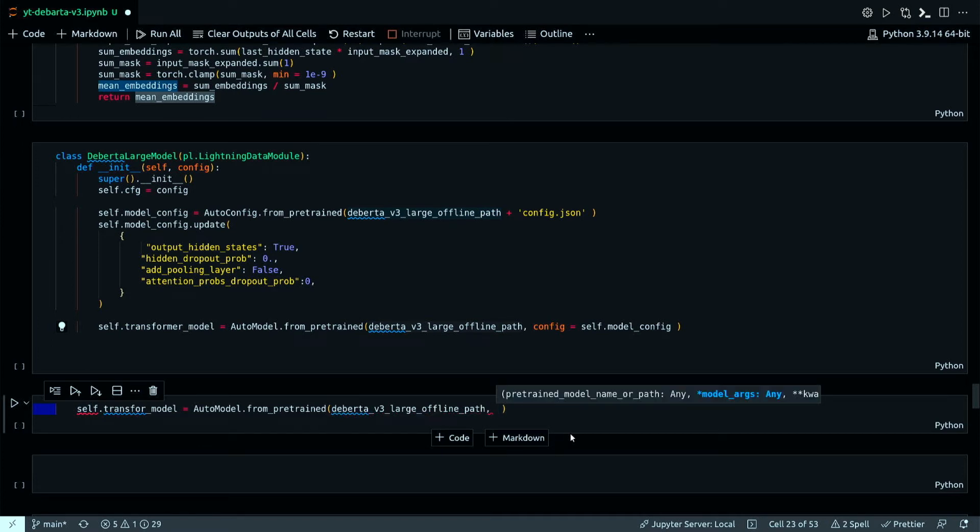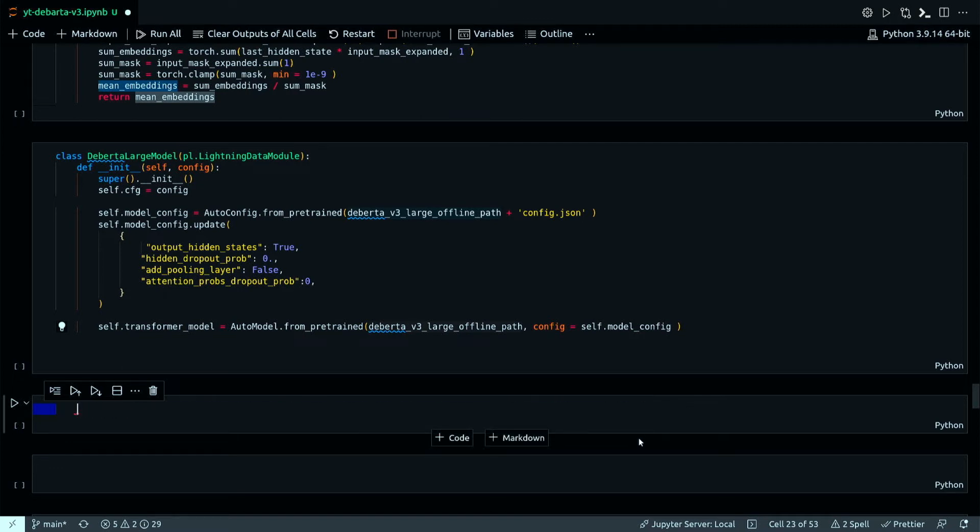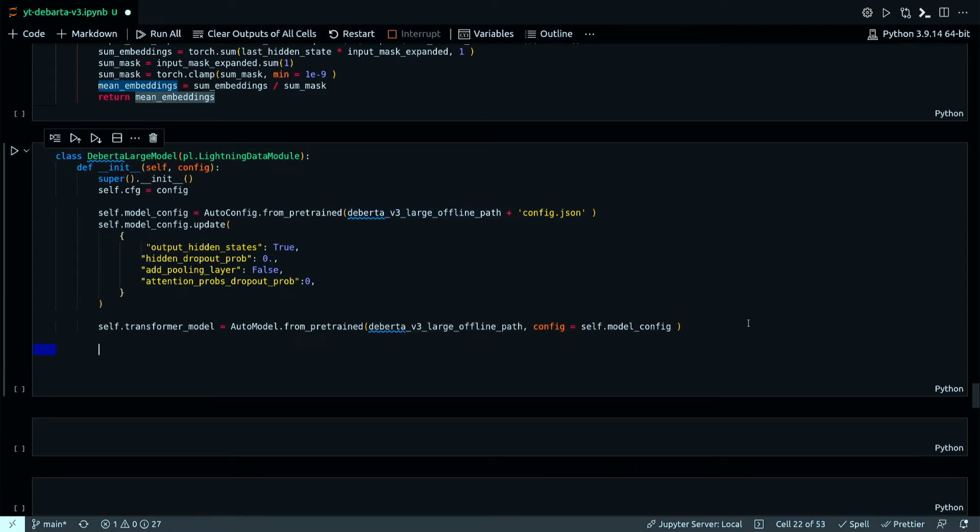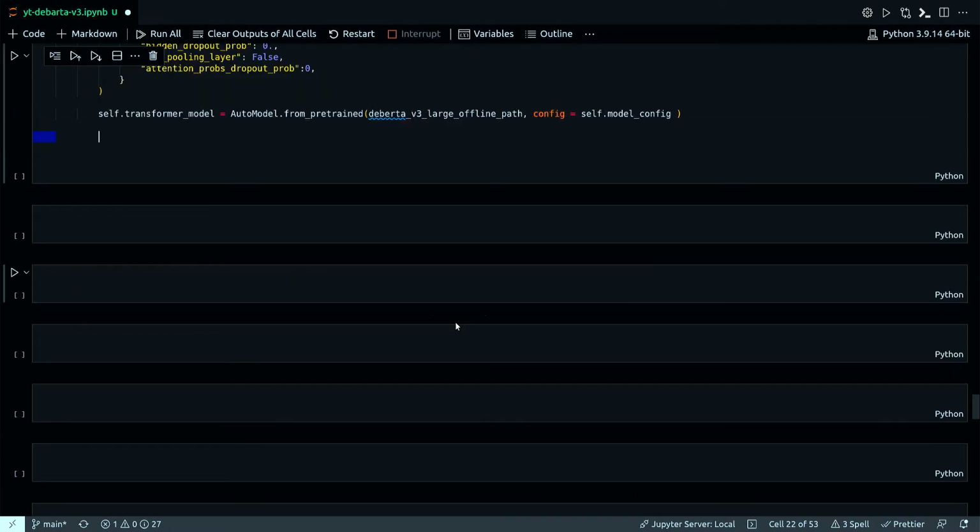And for the config, I would just do config equal to self.model.config. This one will actually fetch the config.json file from the internet, that is from the original models hosted in Hugging Face. But here I do not have internet, so I am not using this line. Okay, so my model is defined.